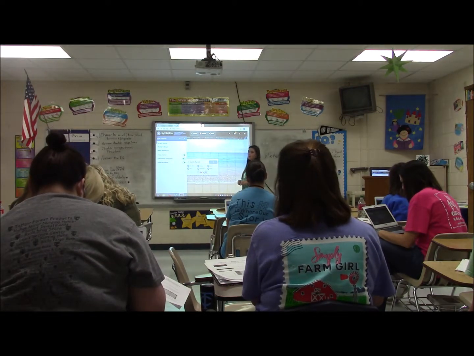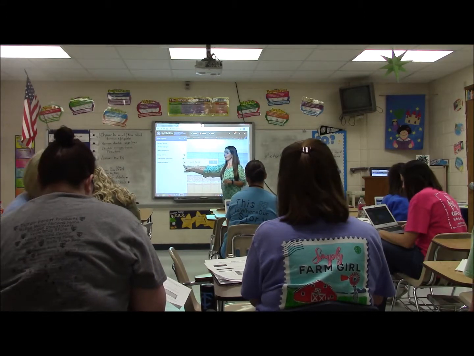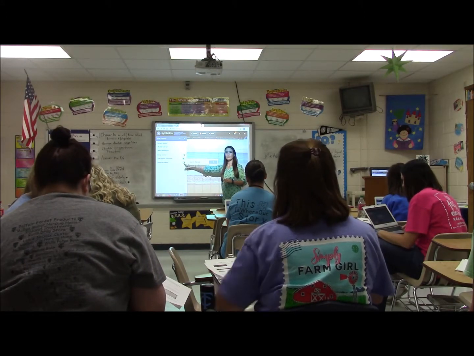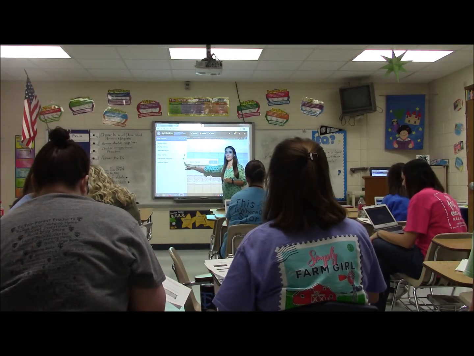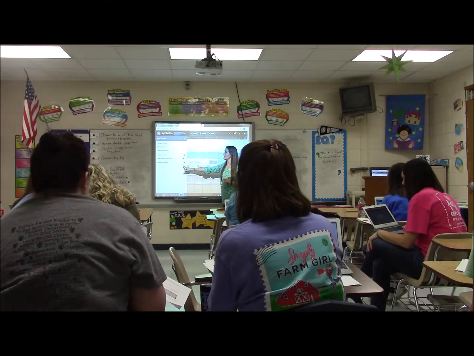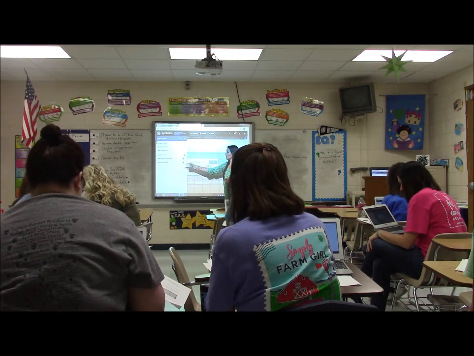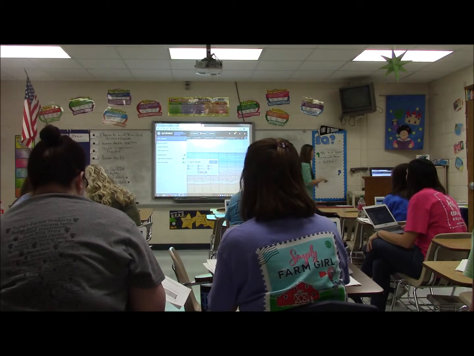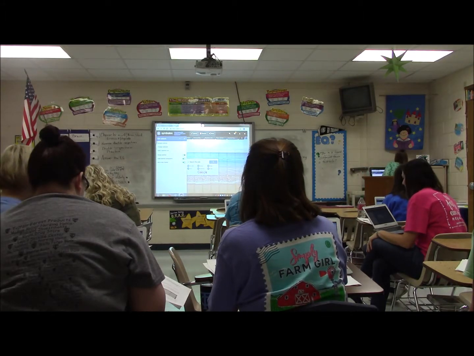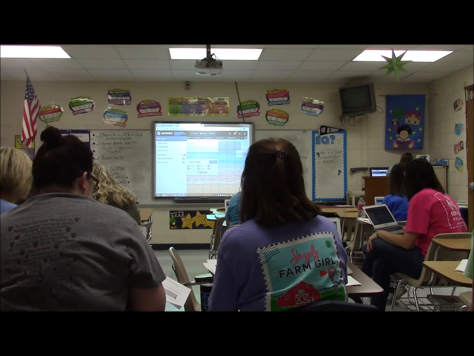The next thing that we're going to do is go on to add a new marker. Does everybody see the little tab thing here? Add a new marker. See it? In options, and then add a new marker. Click on that, and then it'll allow you to go over here and highlight a section that you want to do. You just click and drag,